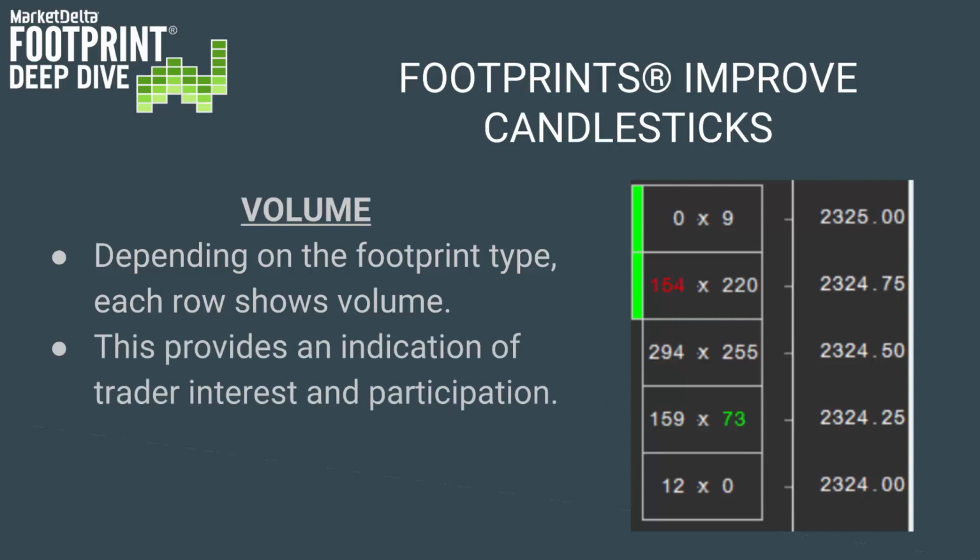But like I said, it provides an indication of trader interest and participation, and which prices are attracting volume. You know, big traders have big orders. That's why they're big traders. They have a lot to do, and they want to be able to blend in and transact where there's liquidity, where they can go in and buy 100 or 1,000 without much impact on price. They don't want to do a big order where there isn't a lot of liquidity, and it ends up creating a lot of price action, and they don't get a good fill. So